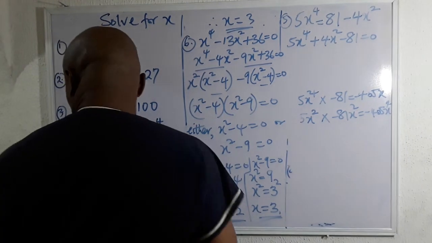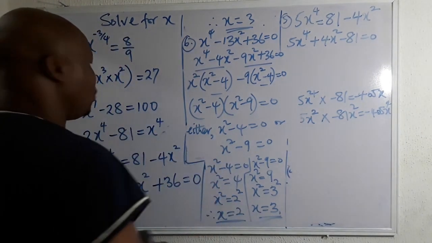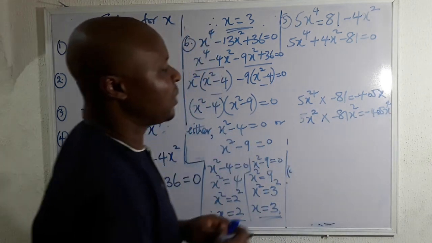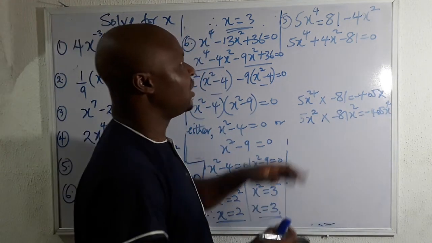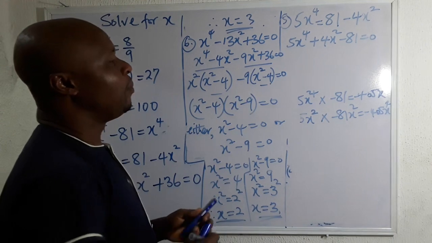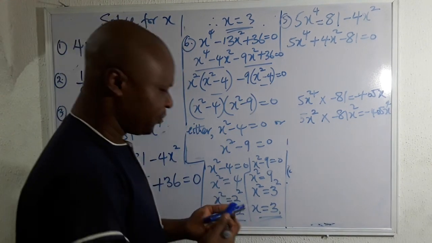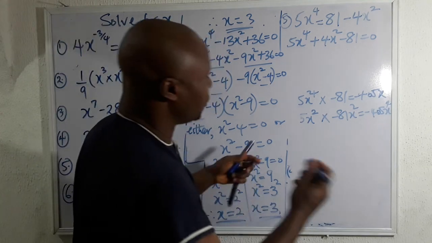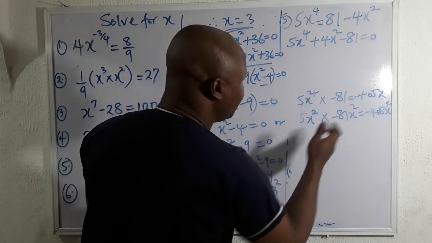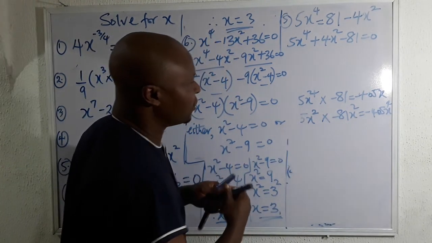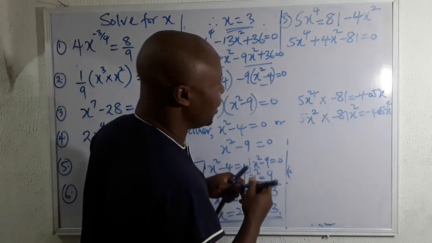Now the question is, what two terms are we going to multiply to get minus 405x raised to power 4, and when we add them, we're going to get the middle term, which is plus 4x squared? Now let us try. This is the first factor. Now let's look at another factor. Another possible factor can be